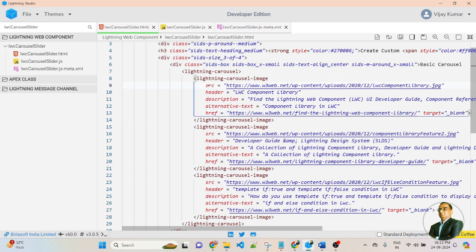In the SRC, I am passing the image name. In the header, I am passing the title of the image. This is a description. If you want to write a description about the images, you pass the image description here. Alternative text means the slider carousel image text, and HREF. So friends, if you want to redirect to an external page after clicking the image slider, here we need to pass